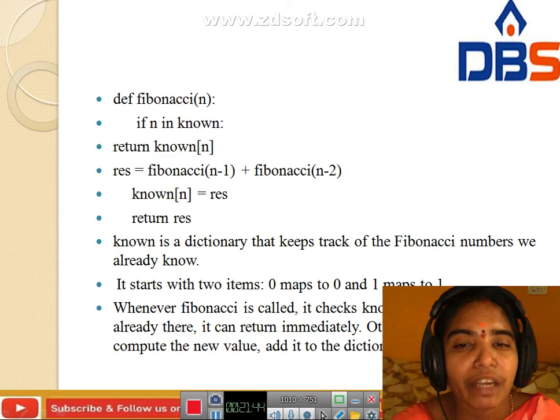Known is a dictionary that keeps track of Fibonacci numbers that are already computed. It starts with two items: 0 maps to 0, 1 maps to 1. Wherever Fibonacci is called, it checks known.